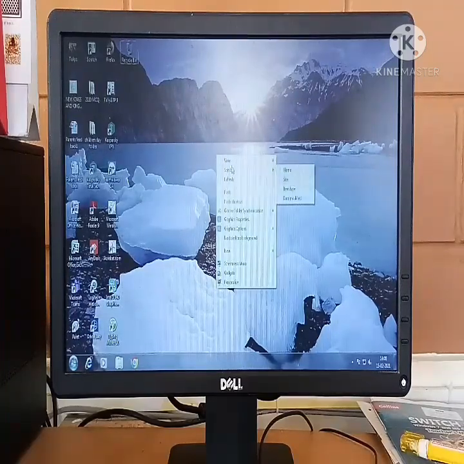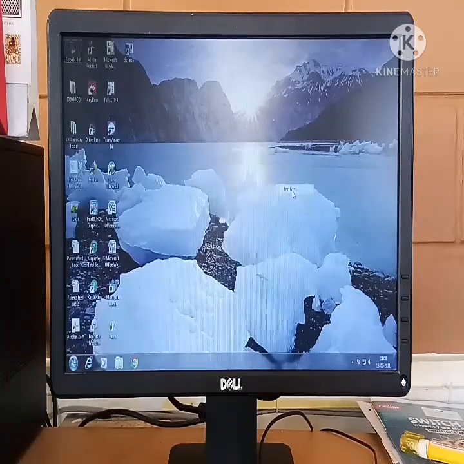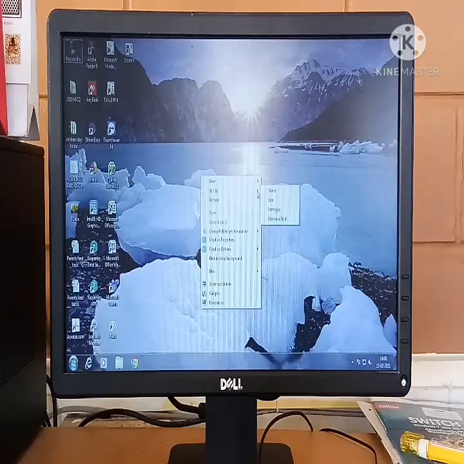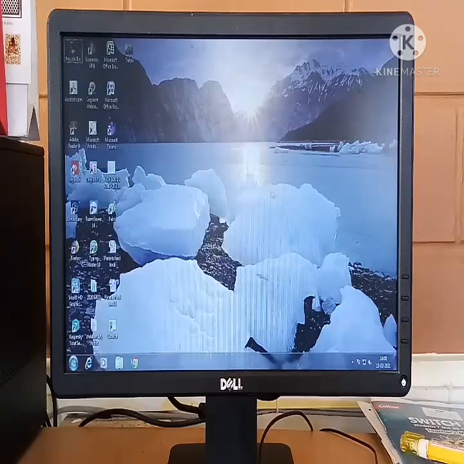Again right click, sort by item type. So there are various ways for you to sort the icons and place them on the desktop. Finally I am going to choose name, so it sorts the icons by name on the desktop. This you should know.